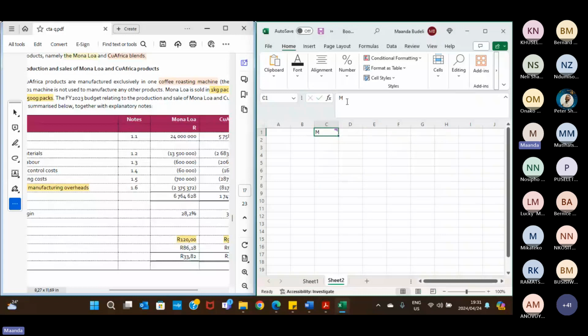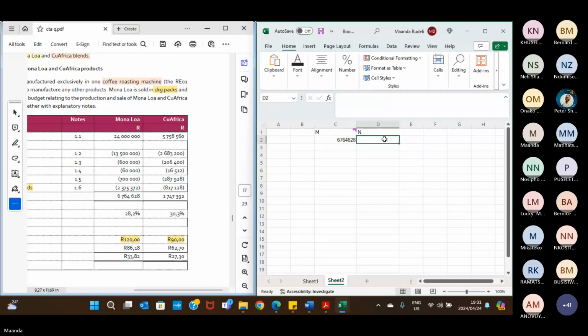And then for N, I have 6, 7, 6, 4, 6 to 8. And then I have my gross profit here for N, which becomes 1747392. So it means I know this is my gross profit, and I know the only things that